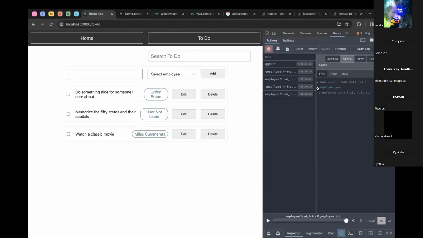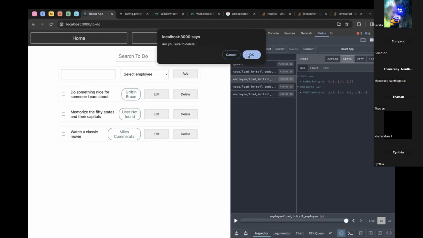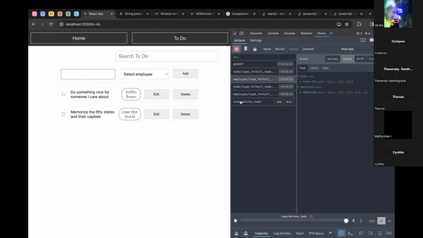Here we normally see our Redux state, and these are the actions that are fired. Say, when I am deleting a value, let us check what is the action fired here. So let me delete this. When I am deleting it, delete to do